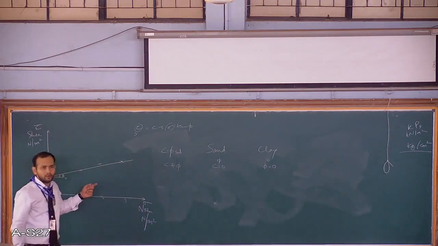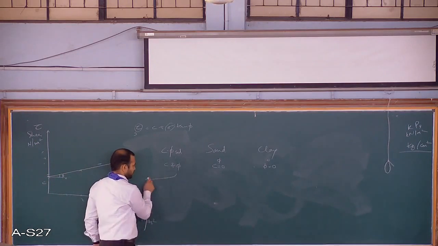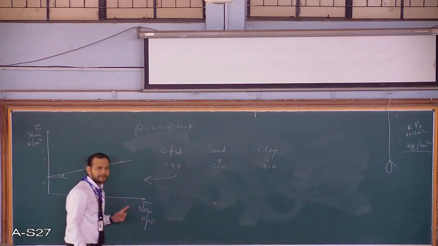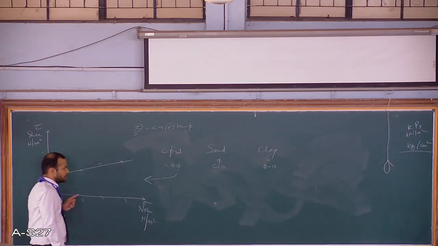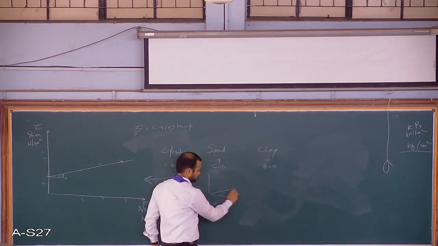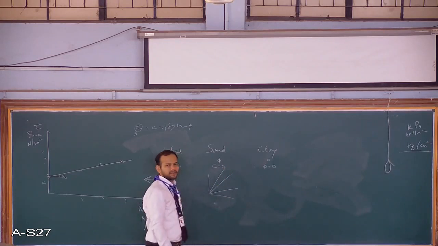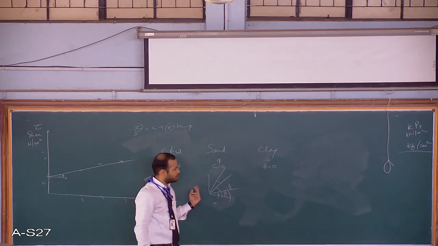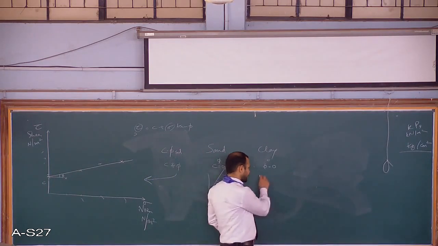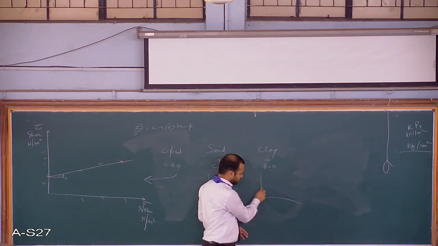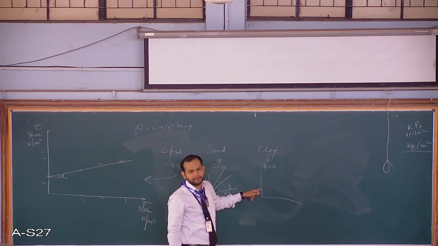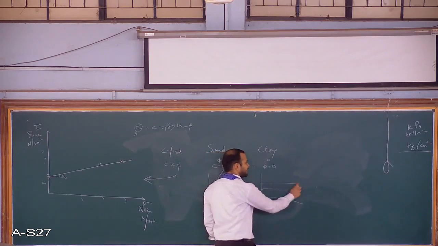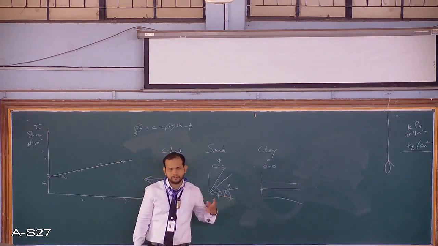Now how will this plot look like for these three cases? For this, it will look like this. We have both C and phi. Now in sand, the C value is 0, so intercept is 0. So how will be the plot? Something like this. So you'll only have alpha. If you go to the clay, phi value is 0. So we have some C, and phi value is 0. That means the degree is 0. So it will be a straight line. If more C, the value will be like this. So this is what you have to understand.